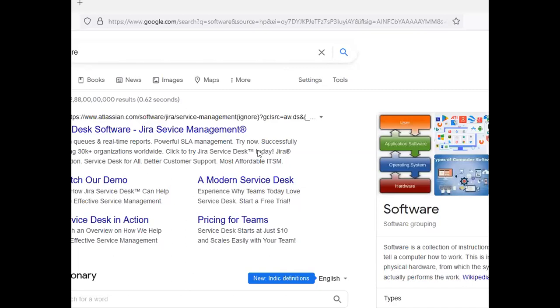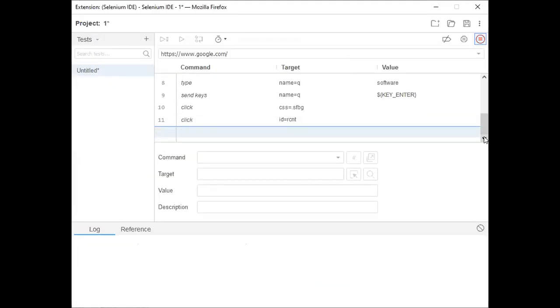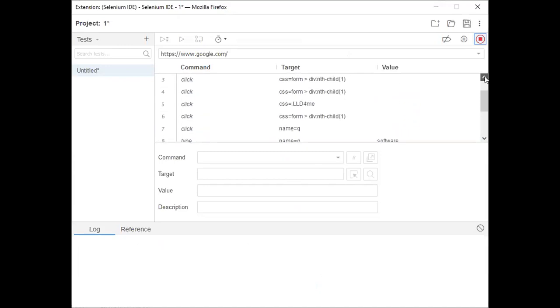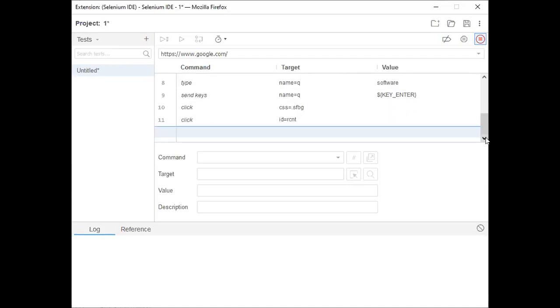What I have done is click on the search box, and I typed software and pressed the enter button.